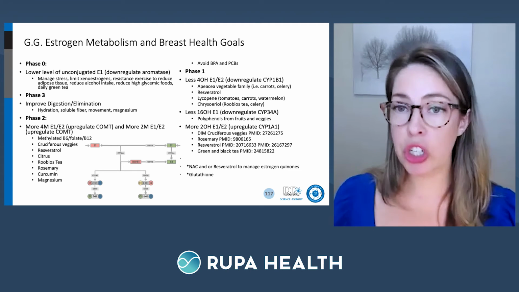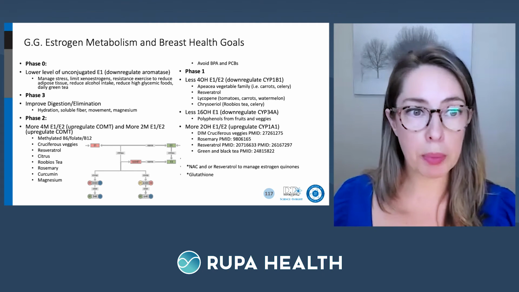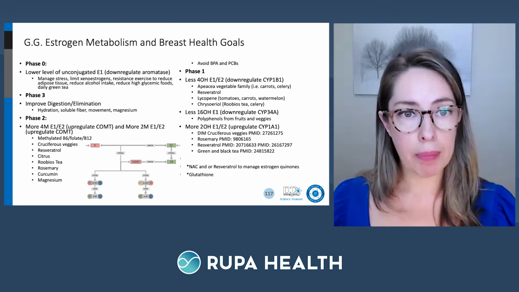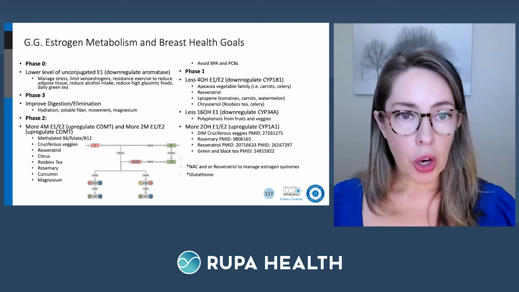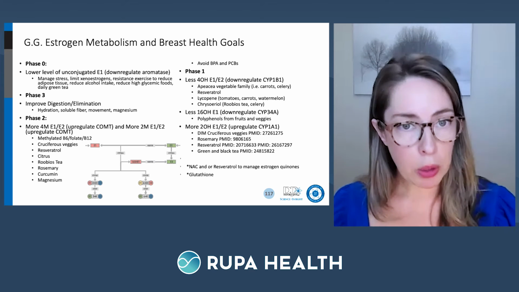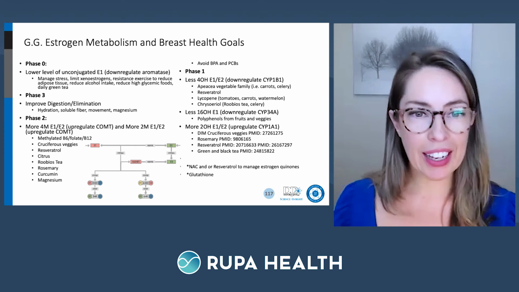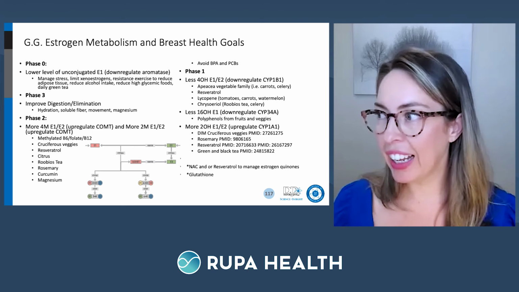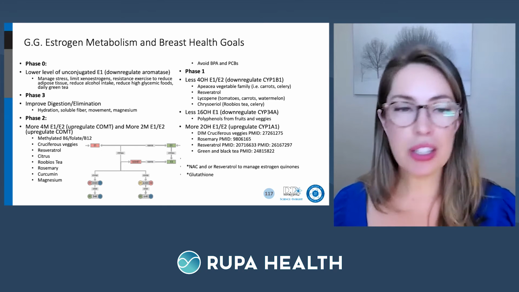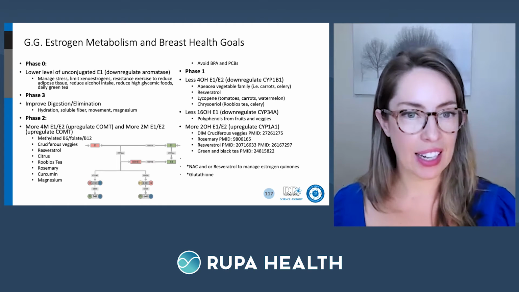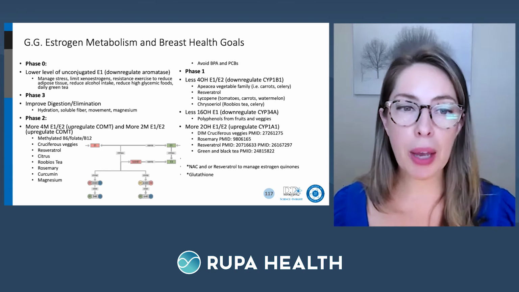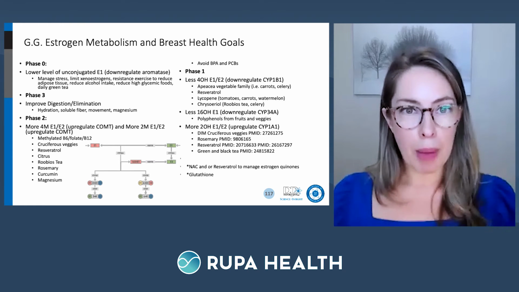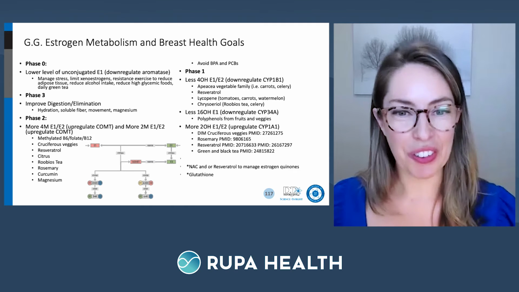Phase 3, I'm going to make sure she's having a bowel movement once or twice per day. Then I'll move on to supporting that COMT enzyme. I'm going to also downregulate CYP1B1, upregulate CYP1A1, downregulate CYP3,4A. So I'm getting more 2-hydroxy, less 4-hydroxy, less 16-hydroxy. I'm also coming in with NAC and resveratrol to be like a mop-up plan to control for some of those